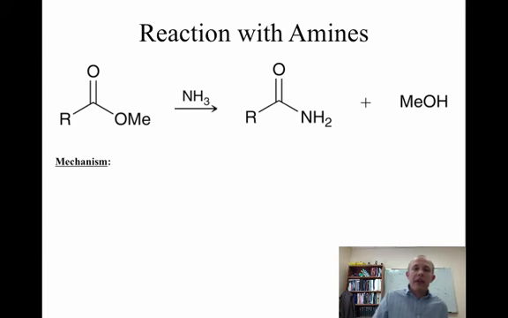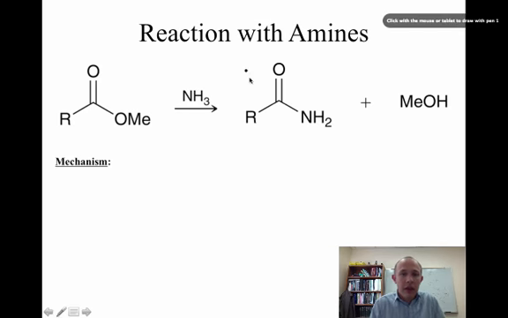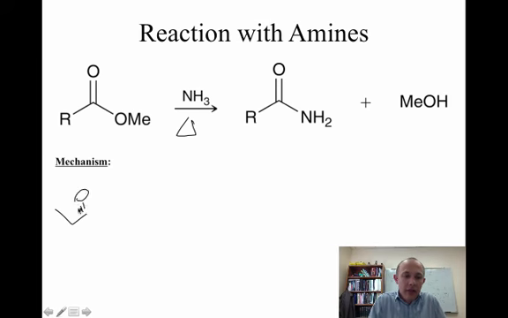Okay, so we said that you can't make something that's more reactive than an ester from an ester directly, but you can make something that's less reactive. So amines can react with esters to make amides. Usually this requires a significant amount of heat. If you have an ester, you can treat it with an amine like ammonia, for example. Ammonia is sufficiently nucleophilic that it can attack